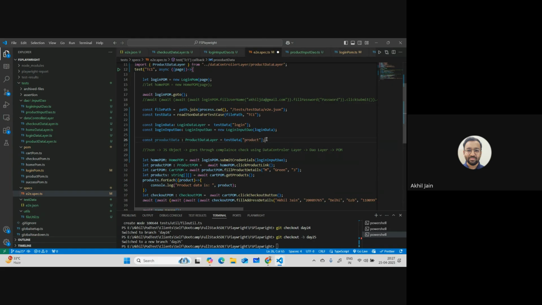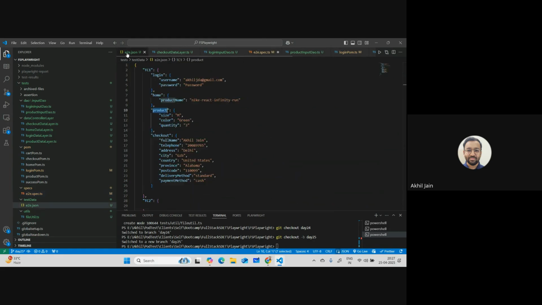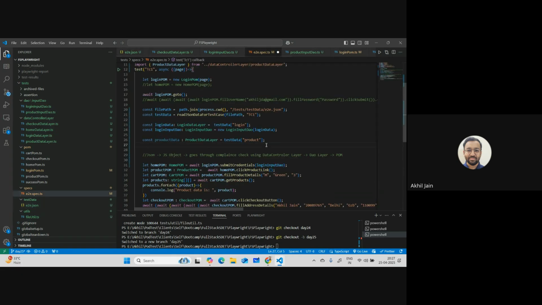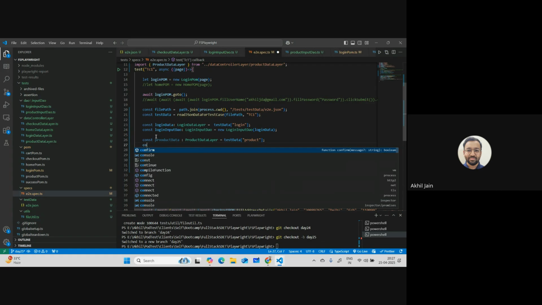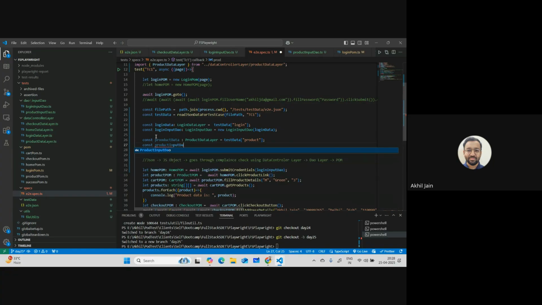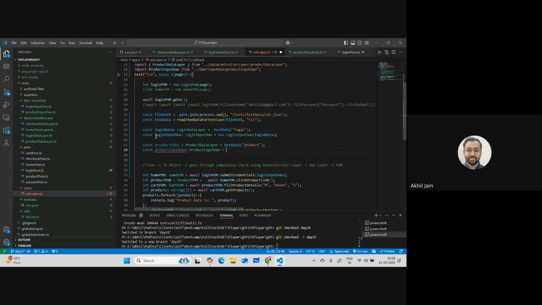Okay, so this will be of type product. And I will create another variable called const productInputDAO, which is of type ProductInputDAO, and it will be saying new ProductInputDAO, and we'll be feeding this layer to it,